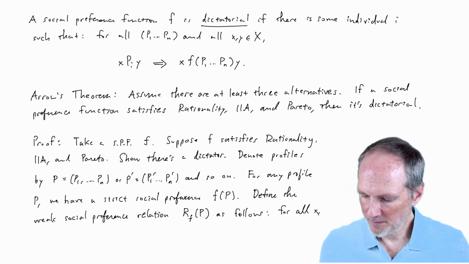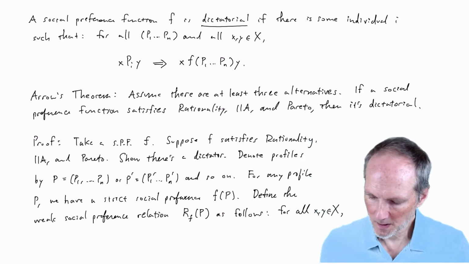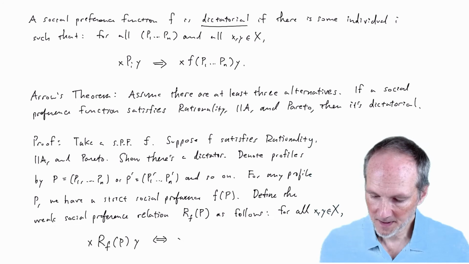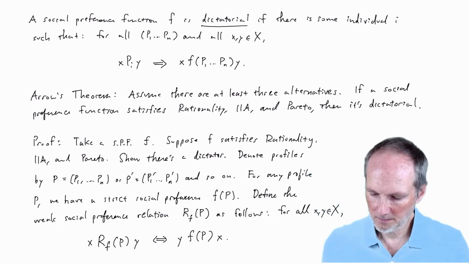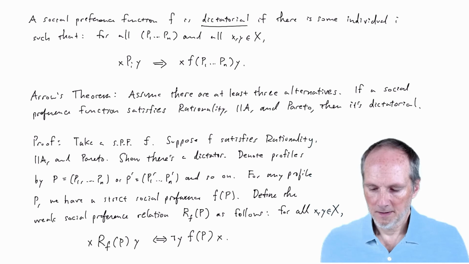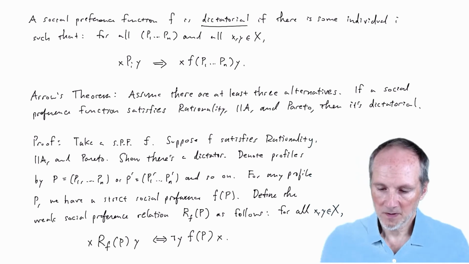For any pair of alternatives, we'll say that X is weakly socially preferred to Y if and only if it's not the case that Y is socially preferred to X. I forgot the not. So that's just the same convention that we used